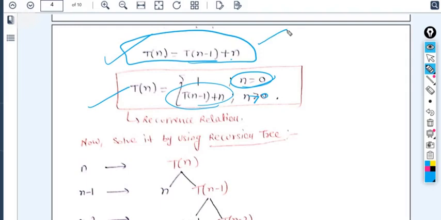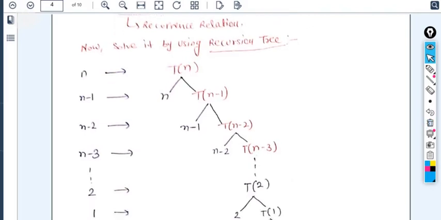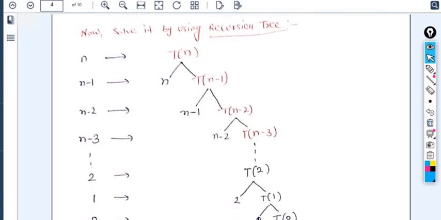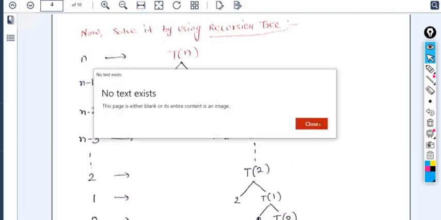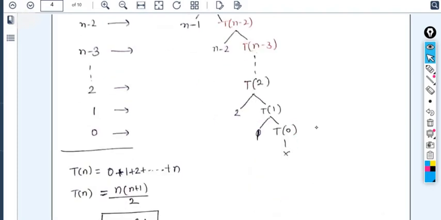You have to solve it one by one by using the recursion tree as well as the substitution method. So first we are solving this particular problem with the help of the recursion tree. So T(n) is a function here. Then first it will print the n value if n is greater than 0. Then it will decrement the n value by 1. So n minus 1, as it is printed, then the decrement in the value of the function.